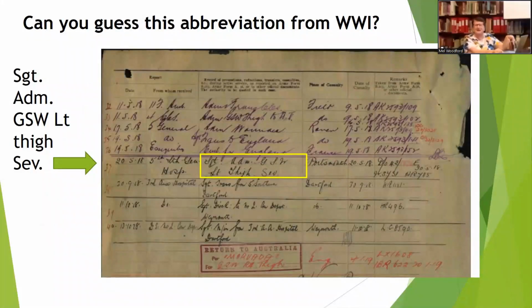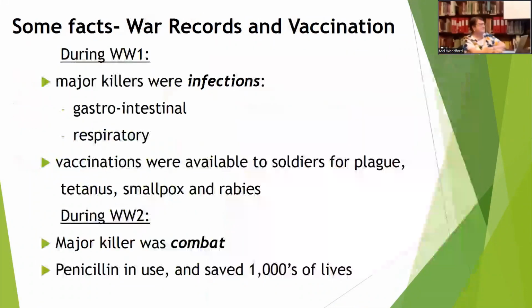I've actually got my great uncle Faustino's World War I record here. He was an Anzac, and I've put the yellow box to the side in case you couldn't read it. I just wondered if you can make out what his issue was. Gunshot wound to the left eye. Gunshot wound, yes. So he was a sergeant, admitted to hospital with a gunshot wound, left thigh, severe. That wasn't a hard one for you, was it? But anyway, he was eventually sent home as a TPI.